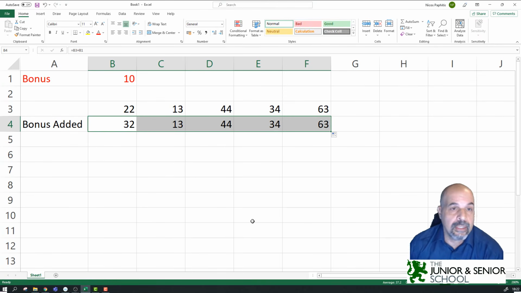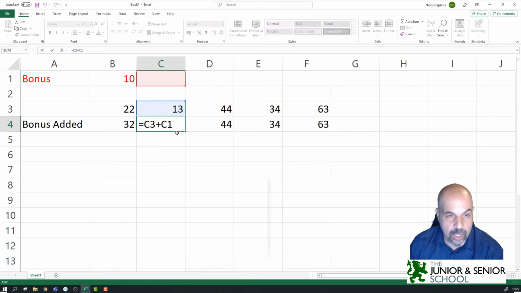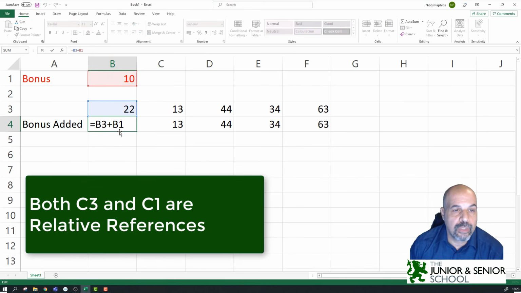But if we look here, we're not actually adding the bonus. So this is 13, it should actually add that bonus there, 10, and that should be 23, but it's not. The reason why, well, just like before, we can see that it is equal to C3 plus C1. So essentially this function here, which is B3 plus B1,